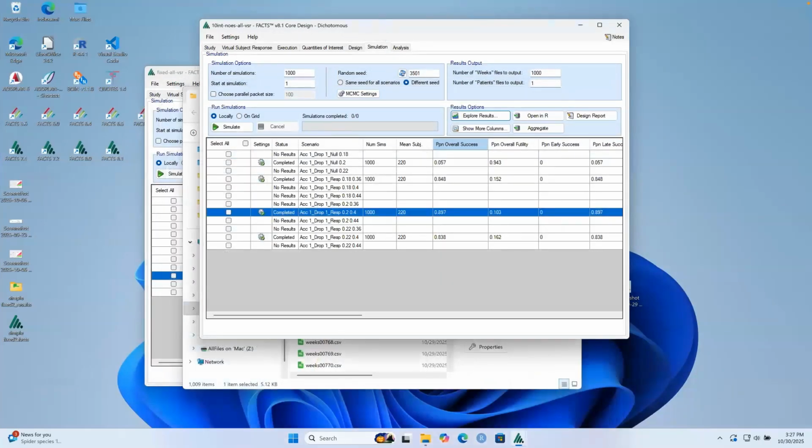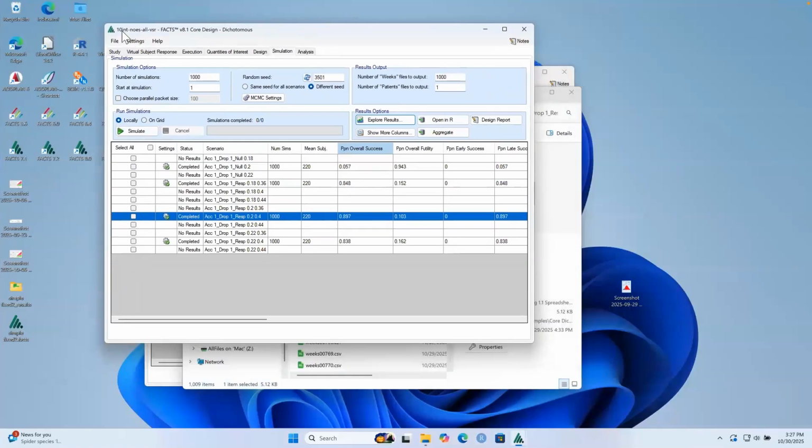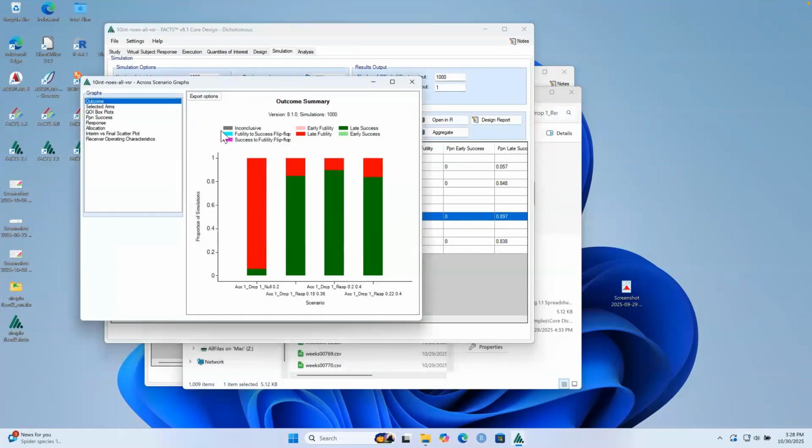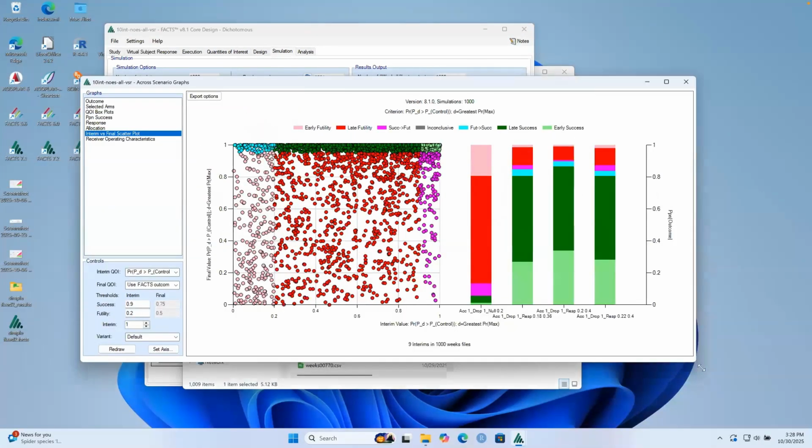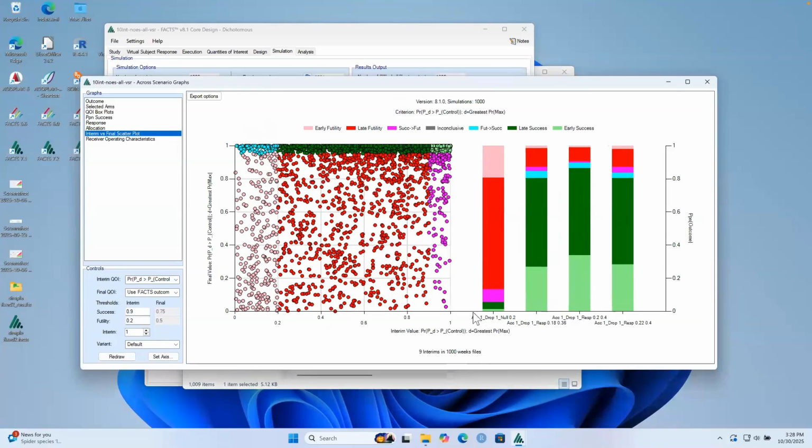So here I am. I'm still looking at my fact simulation with 10 interims and no early stopping. I now use the across scenario graphs. What I want is this interim versus final scatter plot graph. This is a quite complex and extremely powerful graph. It's really rather wonderful. Right, so what we've got going on here